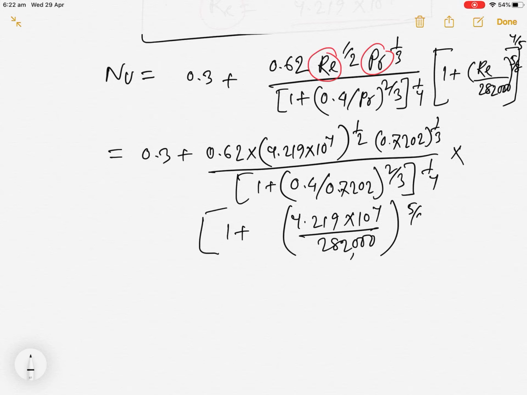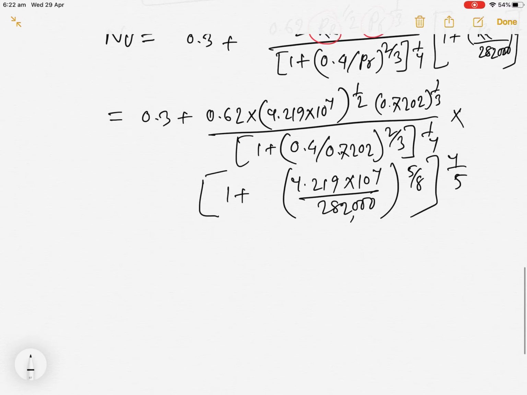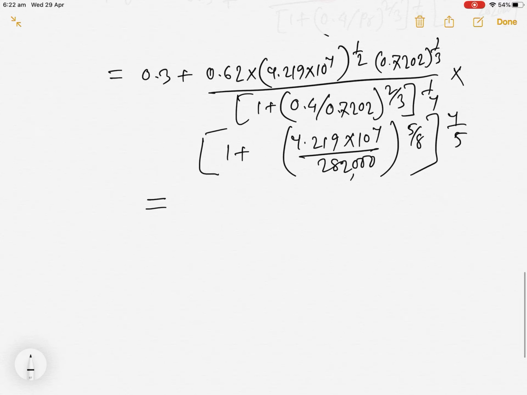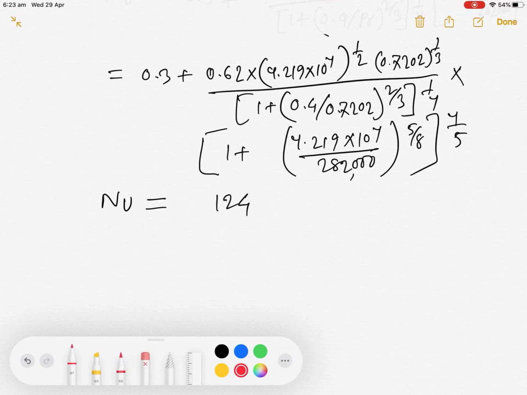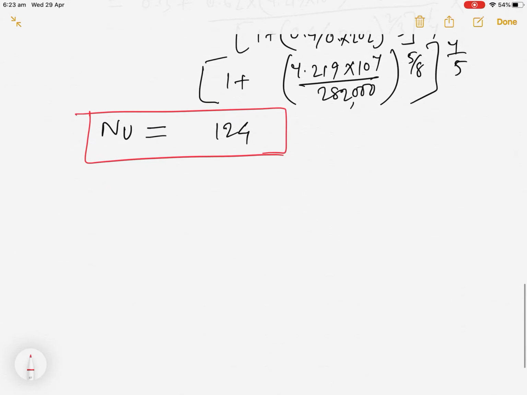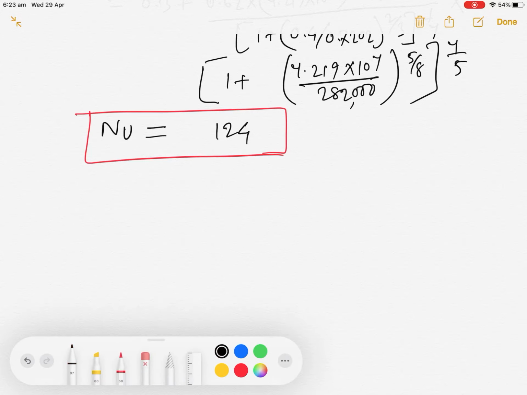This whole power is 5 over 8 and then 4 over 5. It's a bit complex, so you can use your calculator, and then we will get the value 124, the Nusselt number. So that means we have the Nusselt number 124, and we all know Nusselt number is a function